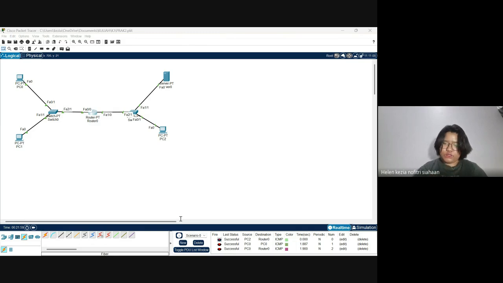and do some configuration for the FA1/0. Yep, and you can type down the right side IP address and the subnet mask, and no shutdown.